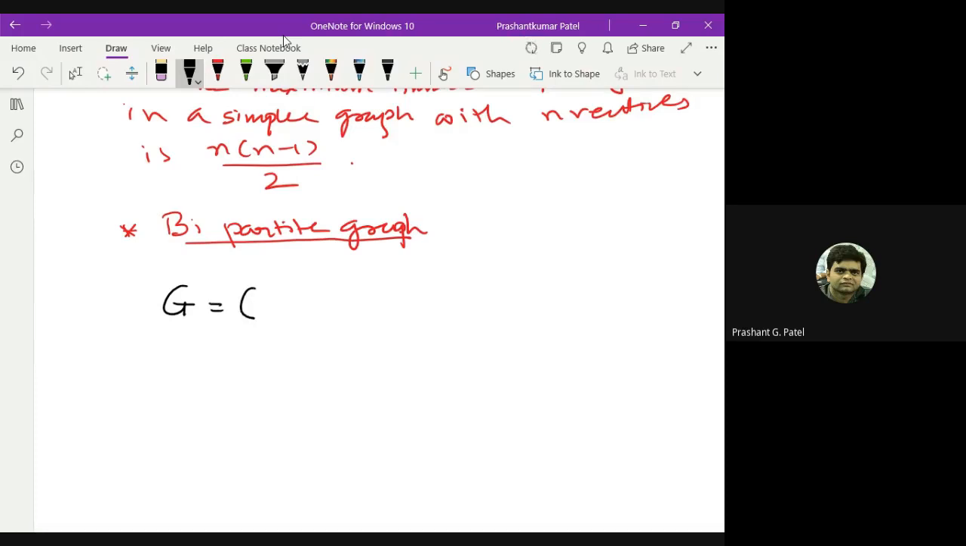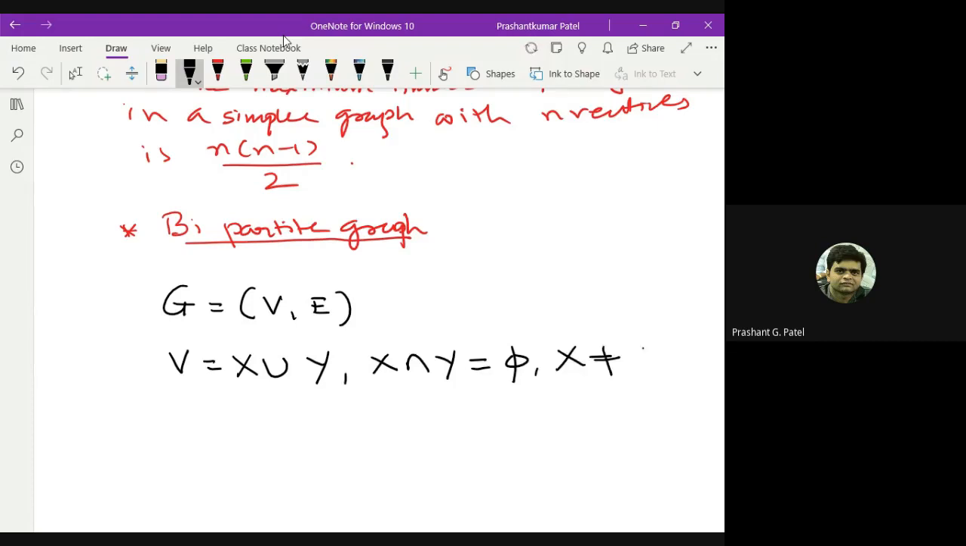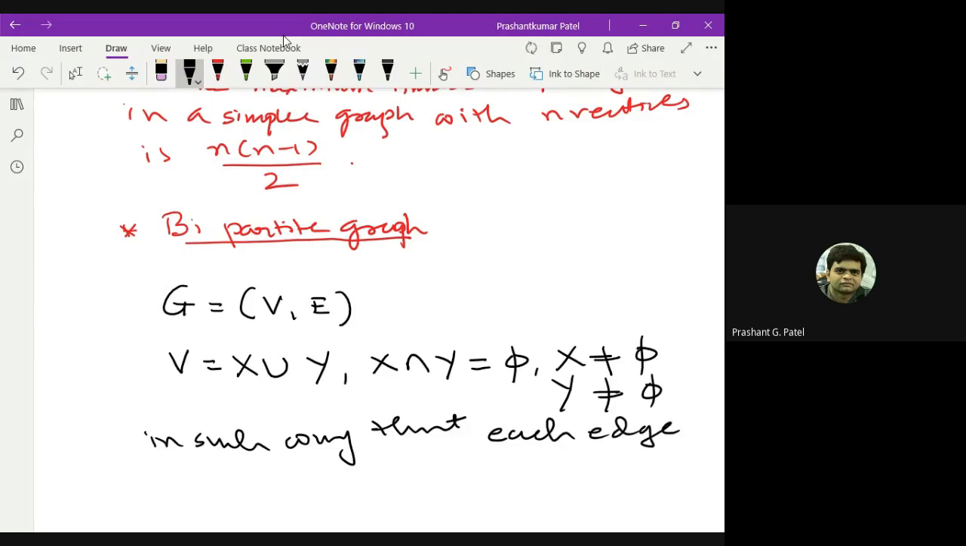and if it is a graph consisting of an ordered pair V and E, if V can be partitioned into two non-empty sets X and Y, whose intersection is phi, and X is non-empty and Y is also non-empty, in such a way that each edge of G